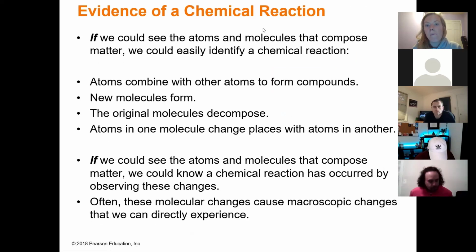Okay, so evidence of a chemical reaction. If we could see what was happening on an atomic level, we would for sure know that a chemical reaction has occurred, because we could actually see that the atoms are combining to form new compounds. We're getting new molecules, original molecules are decomposing, or atoms are swapping places. If you're undergoing a chemical reaction, you're going to get some sort of new material, whether you break a compound up into its simpler form or you combine things together into a compound form. But our eyes can't see this, so we have to look for secondary evidence that indicates that a chemical reaction